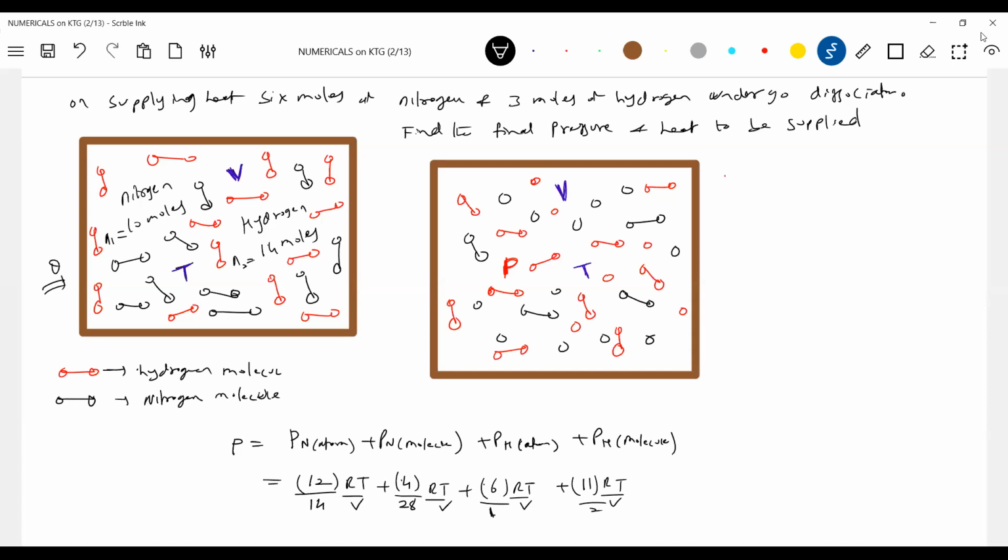Now I'll ask you some questions, like what happened to the degree of freedom? Yes, it has changed, no? So like this, after solving this, we'll get the pressure of the mixture. Okay, after this, it's asking what amount of heat is supplied. So the initial internal energy of the gas, let it be UI. I have the final internal energy of the gas, let it be UF.